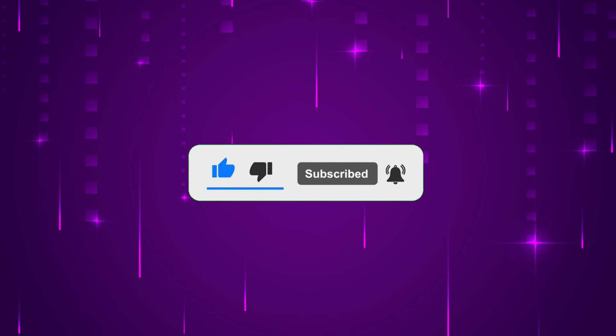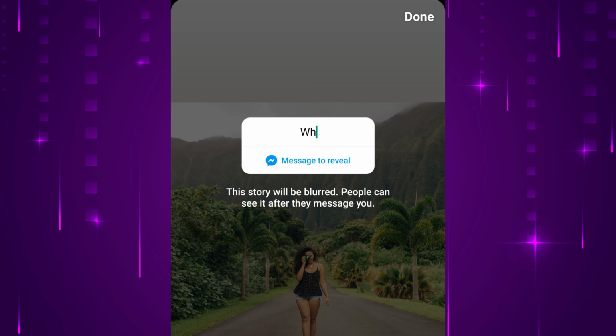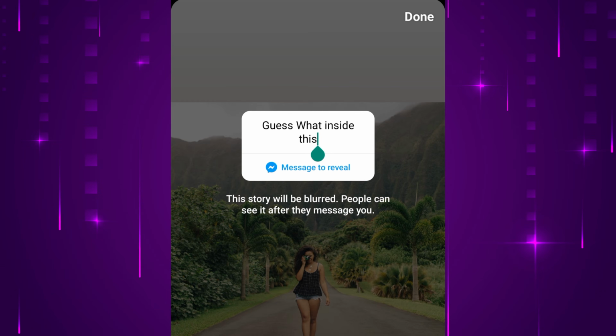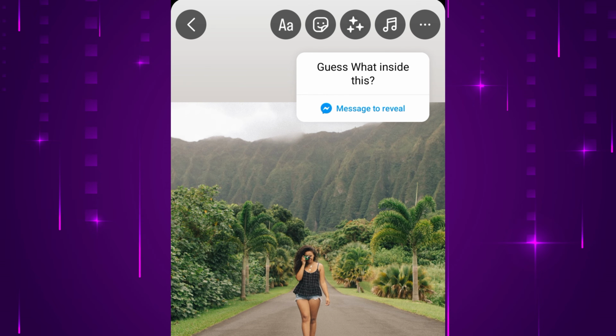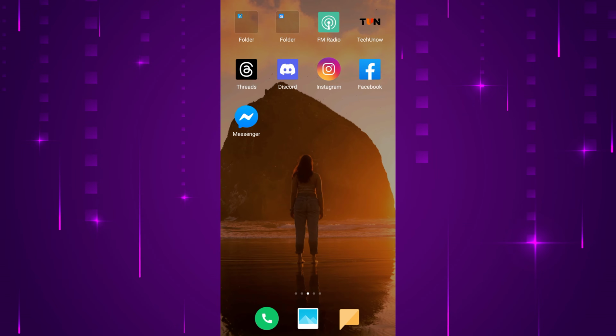Adding a message to reveal to view your Instagram story can make it more interactive and engaging. To view your main story, your followers or viewers need to send you a message from your story. To add a message to reveal feature in your Instagram story: